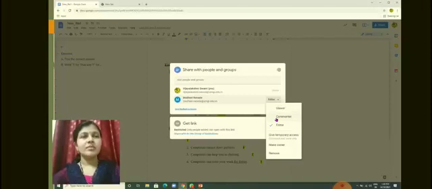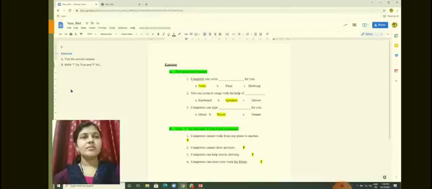Commenter, they can comment. And editor means they can cut, copy, paste, and edit the document. These options you can give to the concerned person. And this file will be shared through your Google Drive.